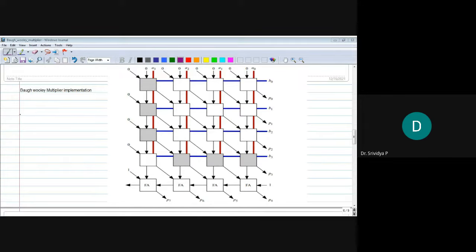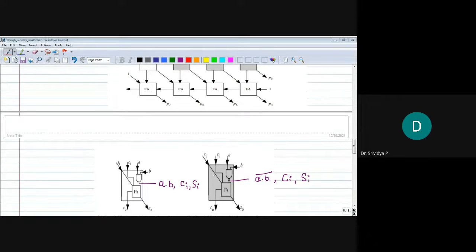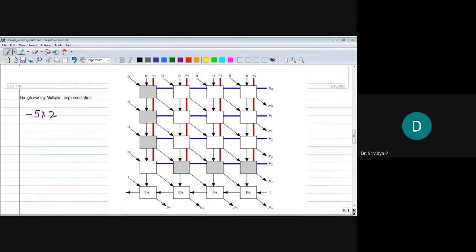Coming to the multiplication of -5 into 2, which I had shown you previously. First, for your convenience, I will write what we obtain inside this. What are we going to multiply? If it is a white cell, what do we multiply? The LSB bit, A0, A1, A2, A3.